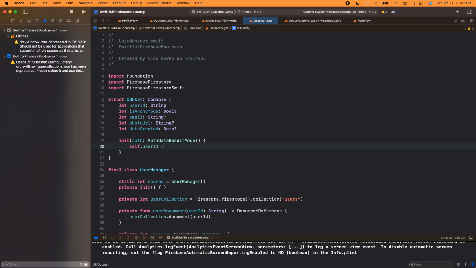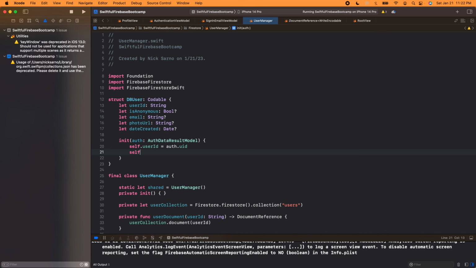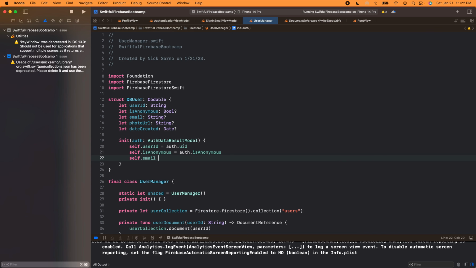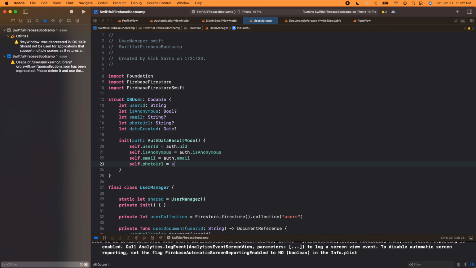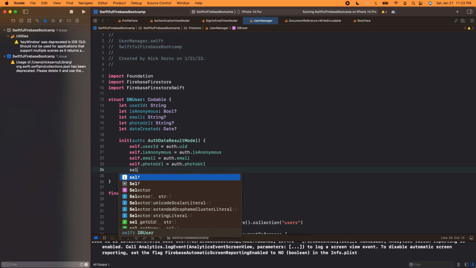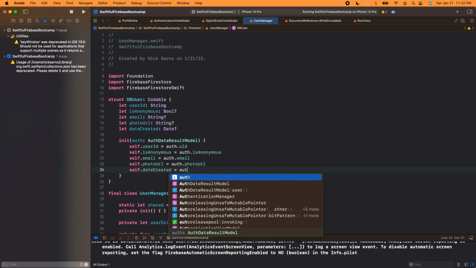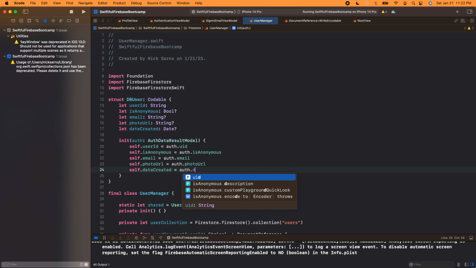And self.userId equals auth.uid, self.isAnonymous equals auth.isAnonymous, self.email equals auth.email, self.photoURL equals auth.photoURL, self.dateCreated equals auth.dateCreated. Or actually, there is no date created in the auth,